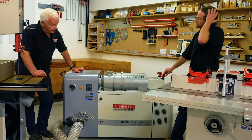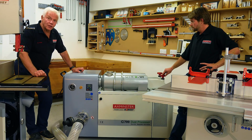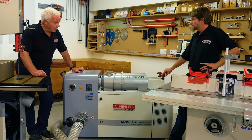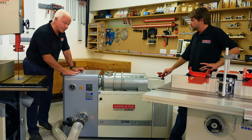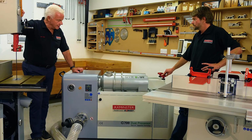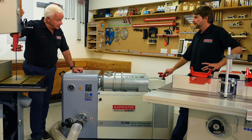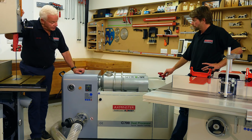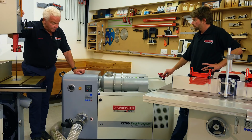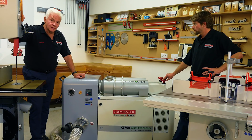The next machine I'd like to talk to you about is the Gyro G700. It's called a dust processor. A very solid machine. It weighs just as much as the bandsaw. Now, when I went to move the bandsaw, 190 kilos of bandsaw, there's a lot of steel in that, both in the cast iron of the table, but a lot of steel in its fabrication. And likewise with this, it has a very generous motor with it, and produces an amazing amount of